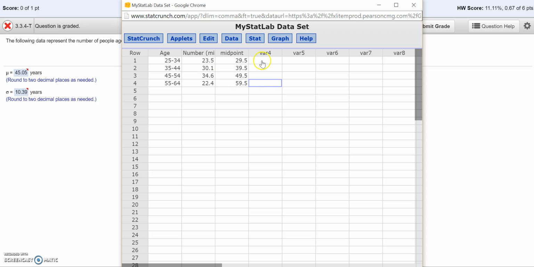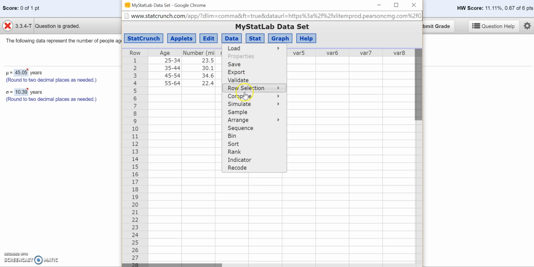Okay, so in here, I would like to pull out another variable, another column. I'll just call that counts, and then this one should be 23.5. Since it's a million, I need to have 1, 2, 3, 4, 5, 6 zeros. Okay, so that's how you type it in. Or you can just create